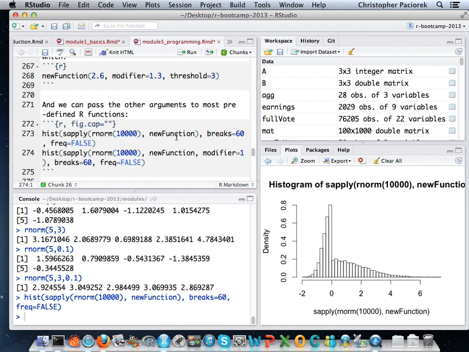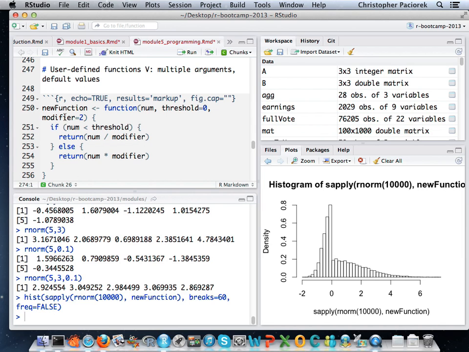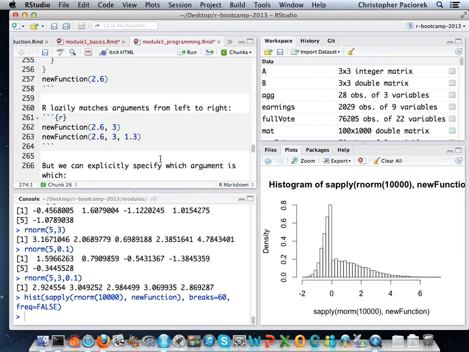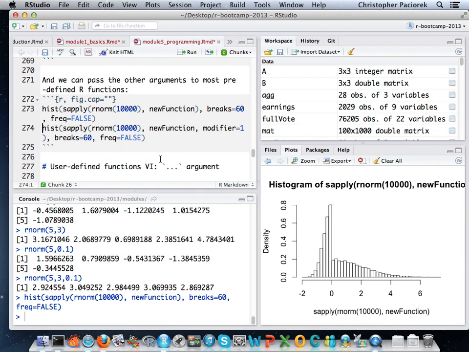So if we evaluate this, this calls new function and sends all these random normal variables in as the first argument to new function, but for the threshold and modifier that we gave default values to, it just uses the default values that were predefined in the function. But if we want to, we can pass those arguments through to new function as well. So here I'm explicitly doing it in the context of sapply.